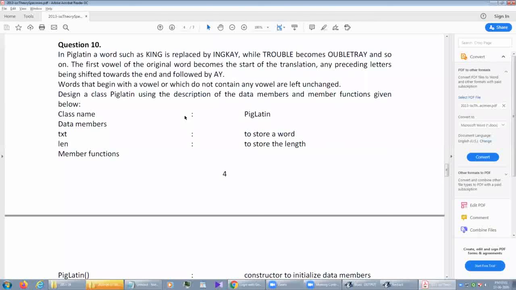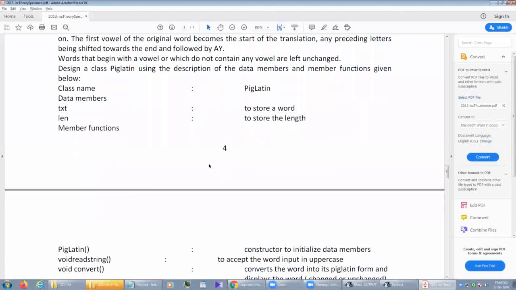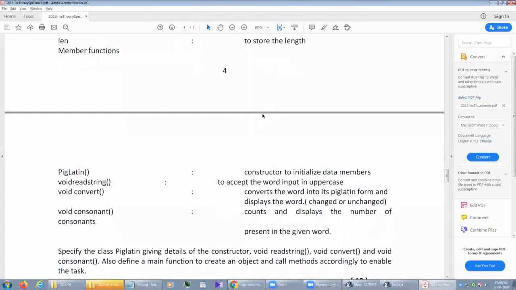So the condition is given, that means the instruction is given. I request everyone, please take a snap of this question and try to do it on your own. I am just explaining this one. Class name is Pig Latin. Two data members are there, text and length. Under member functions,